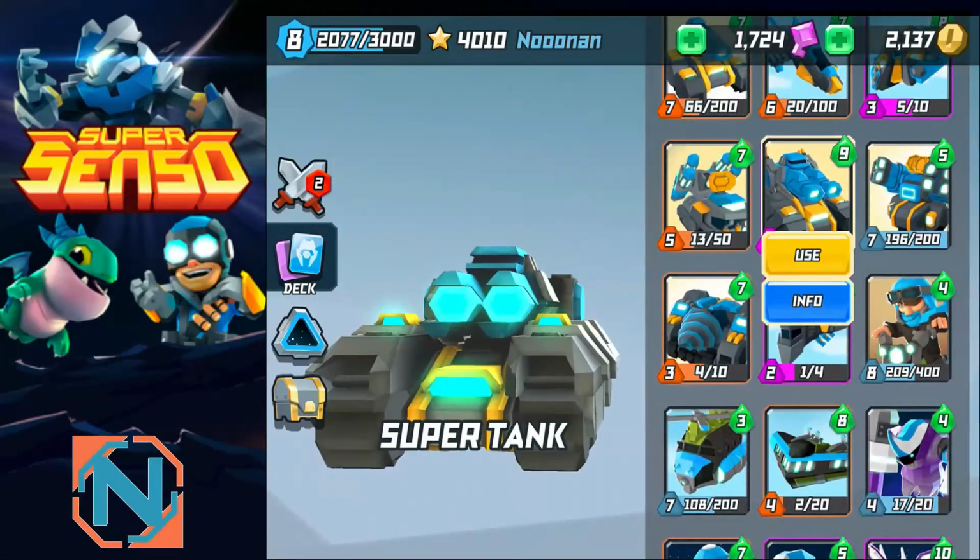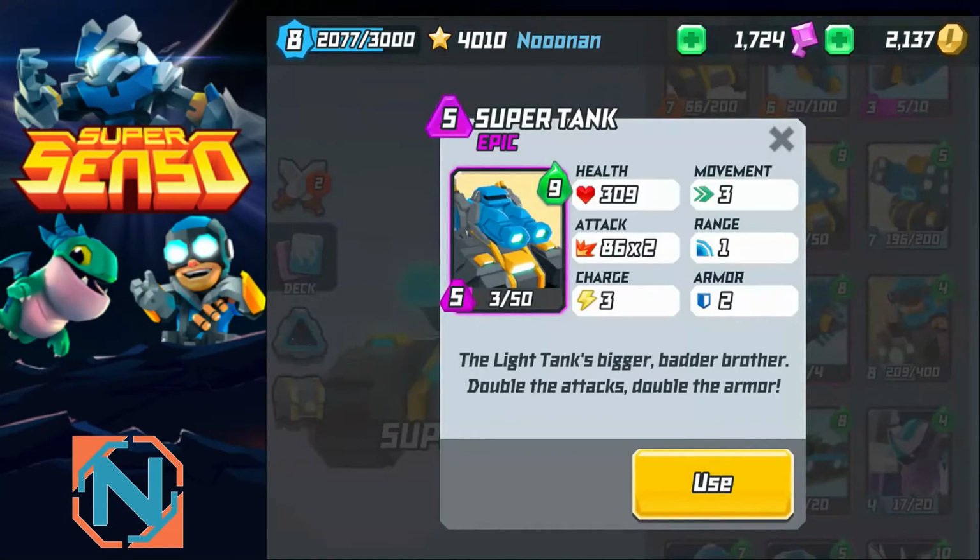We'll start with some of the more common ones, like the Super Tank. Super Tank's not that bad, has a ton of health, does some decent damage, has 2 armor, so it's a very, very tanky card, and as it should be, it's a Super Tank. But if you're playing this on the front lines and you're playing very aggressively, you better hope that you have